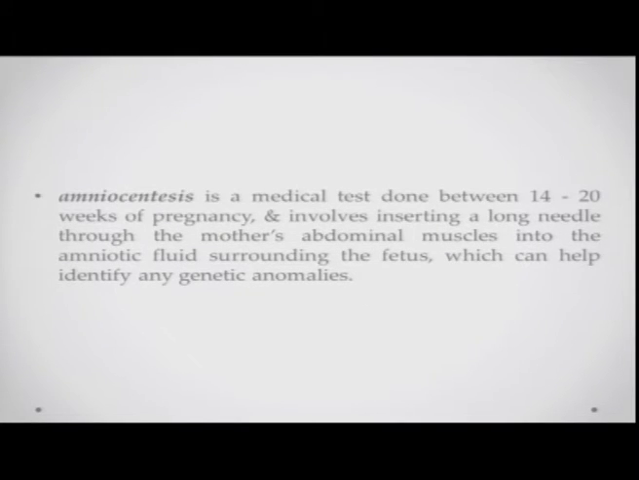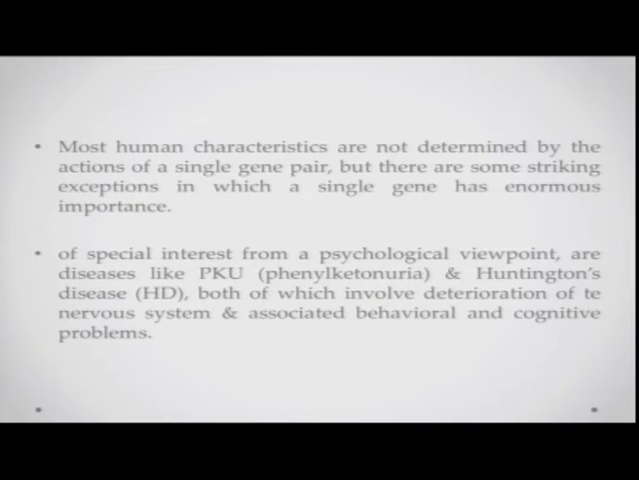Now, there is this test called amniocentesis, which is a medical test done between 14 to 20 weeks of pregnancy. This basically involves inserting a long needle through the mother's abdominal muscles into the amniotic fluid surrounding the fetus, which can help identify many genetic anomalies. So, this is one of the things that can help people test for and rule out particular genetic anomalies that might be present, and take